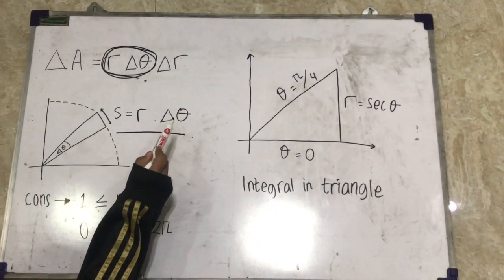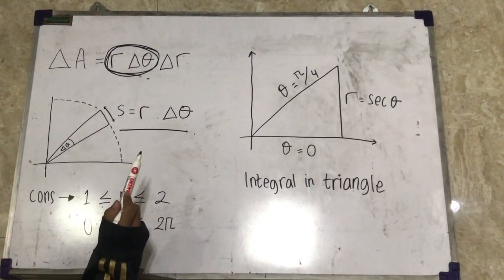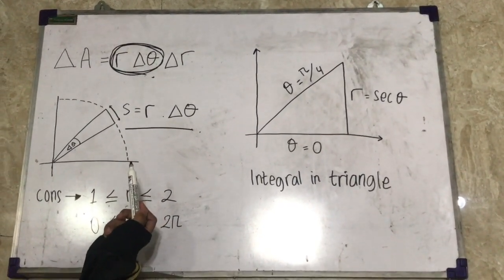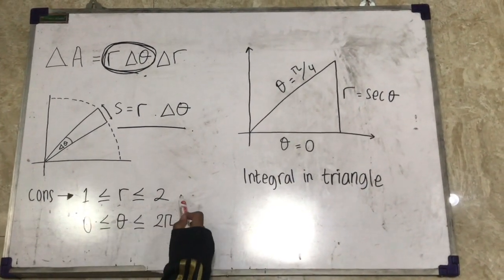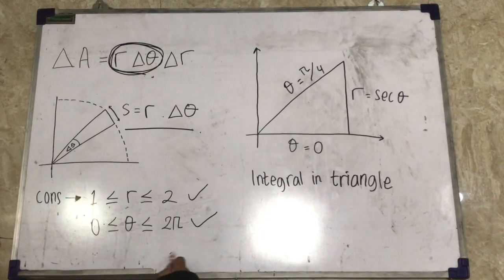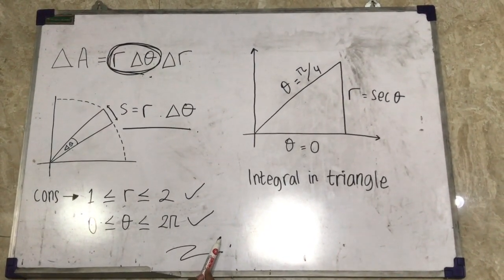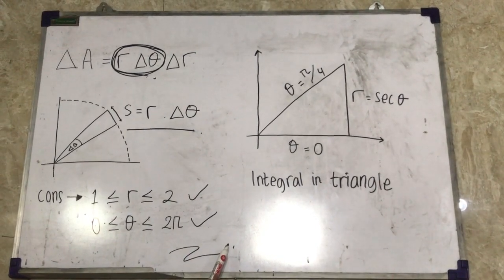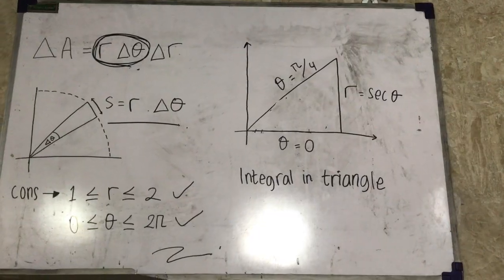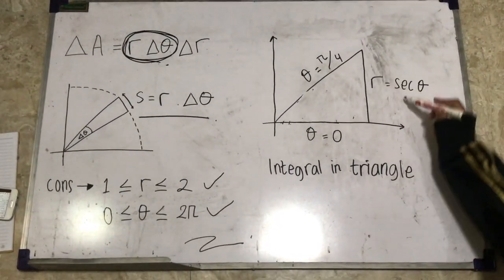Why is a polar region called a rectangle? Because the boundaries are constant. The constants are R is less than or equal to 2 and R is more than or equal to 1, and theta is less than or equal to 2 pi and theta is more than or equal to 0. So, in this picture, the boundaries are